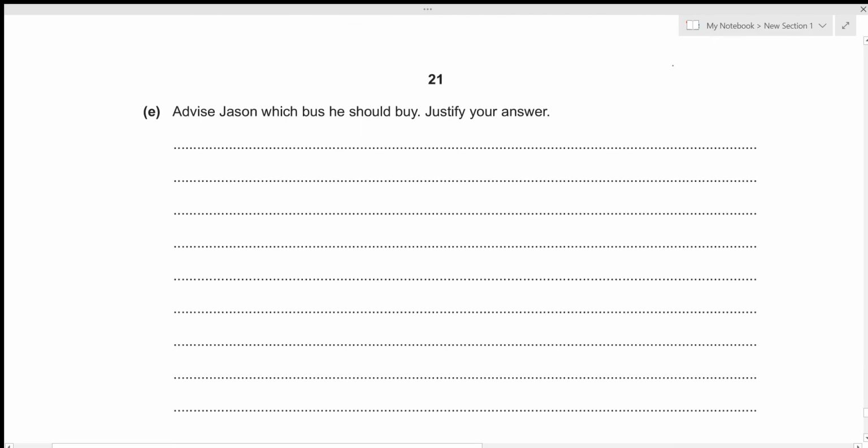We need to advise Jason which bus he should buy. Okay, so we already calculated the net present value, and while doing so, we concluded that the net present value for bus A is higher than that of bus B. Let's write it down. So net present value is higher for bus A. And we also calculated ARR right now. And we figured out that the ARR was higher for bus B. So ARR is higher